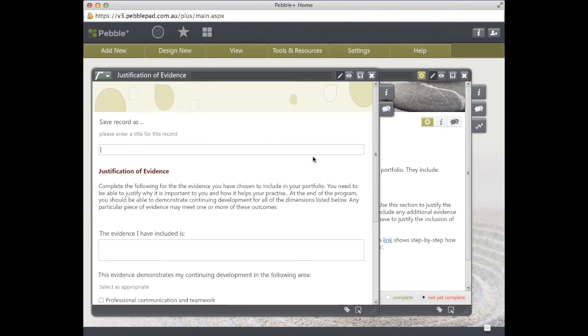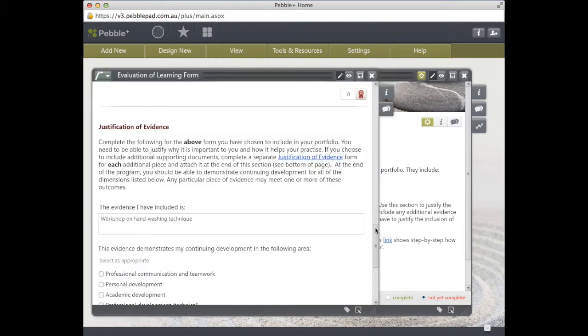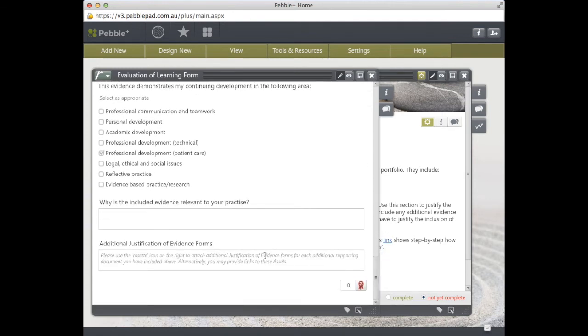So here you can see a separate justification of evidence form. You type in here, for example, graph justification of evidence, and you'd fill in those details as appropriate. You'd click save, and then back here you would click on the additional justification of evidence form, type in graph justification of evidence,